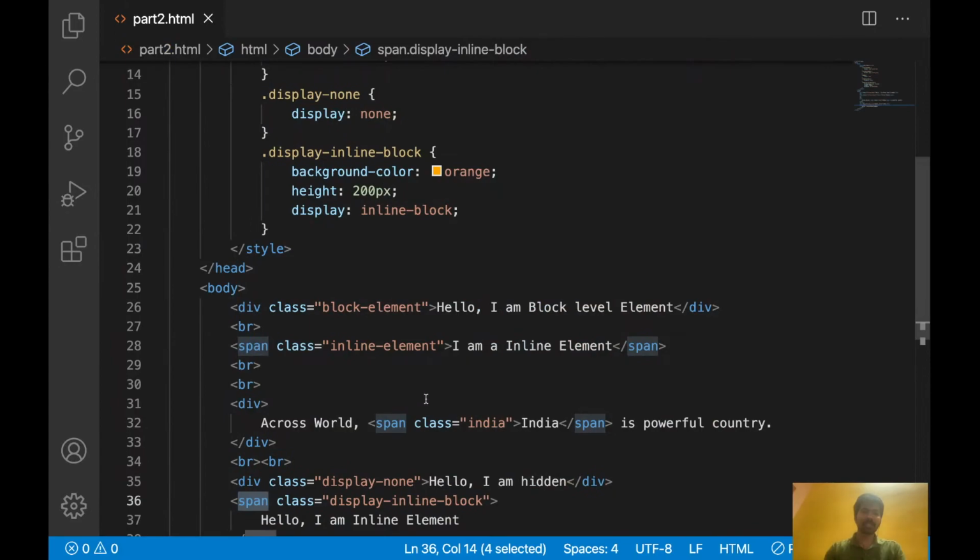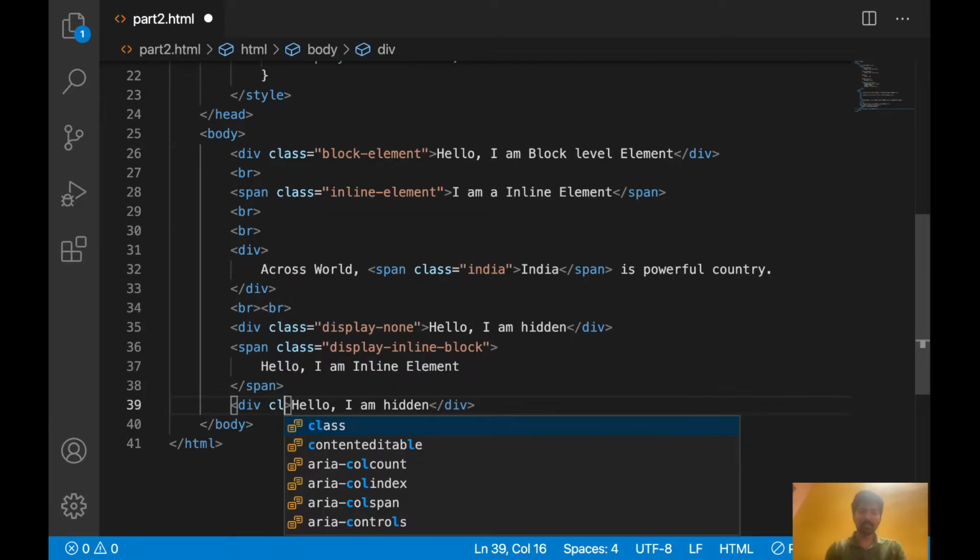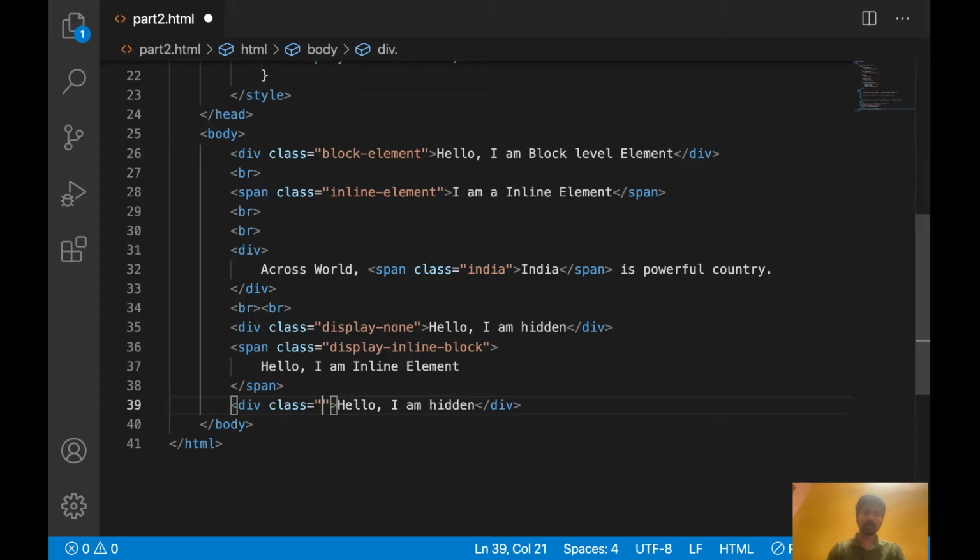So let's write some element, hello I am hidden. Okay, so let's apply some class, visibility hidden.